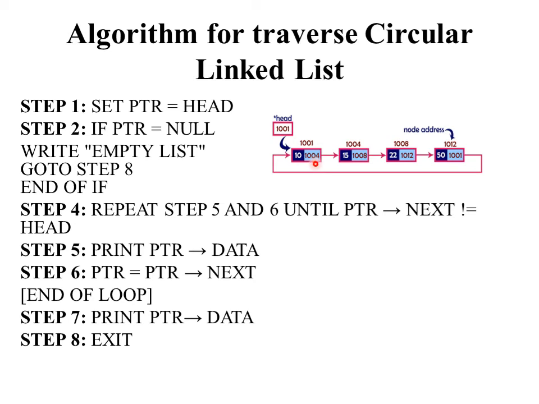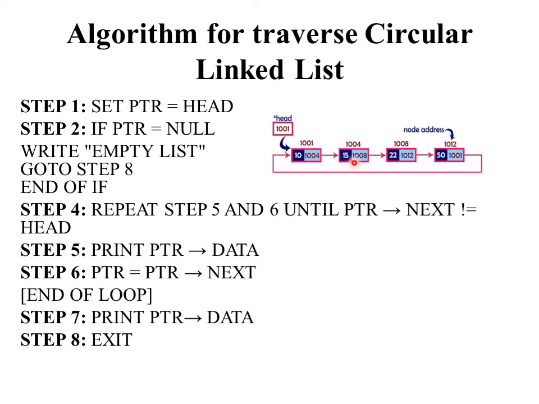So 1004 is not equal to head. This condition is true and we enter: print ptr points to data. So here ptr points to data is 10. Okay, so now print 10. Then ptr is equal to ptr points to next. So next is